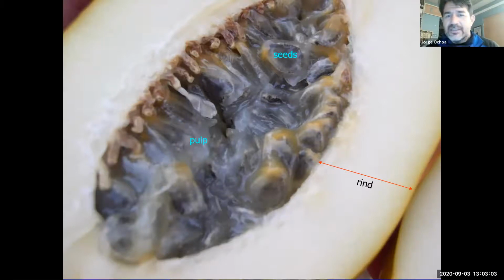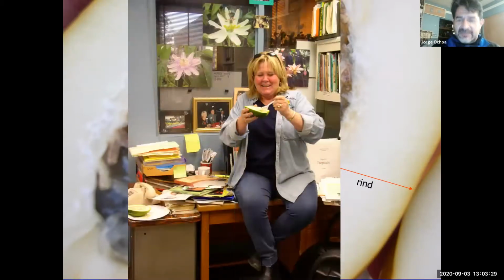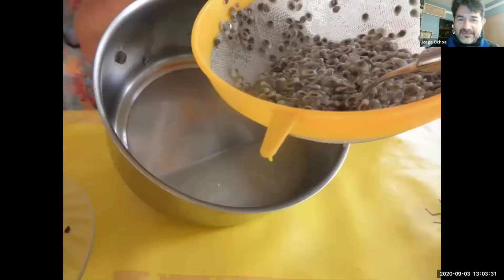Now, there are many ways that you can eat the fruit. If it's sweet, then you can just take a spoon and eat it off of the fruit itself. The rind gets thrown away. With the seeds you have options. You can chew them, you can spit them, you can swallow them. They're non-toxic, so it is your choice. Some of them may be hard, some of them may be soft, so you can experiment with eating different fruits.